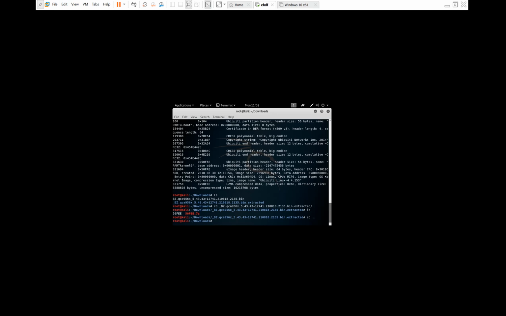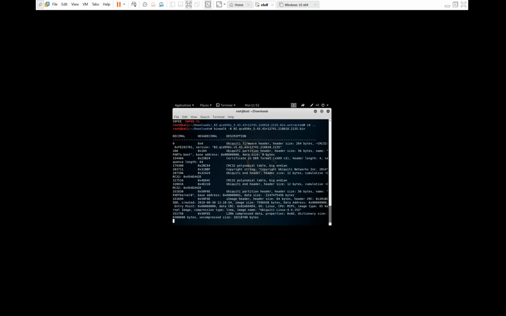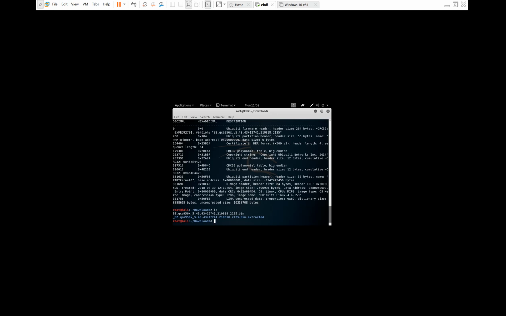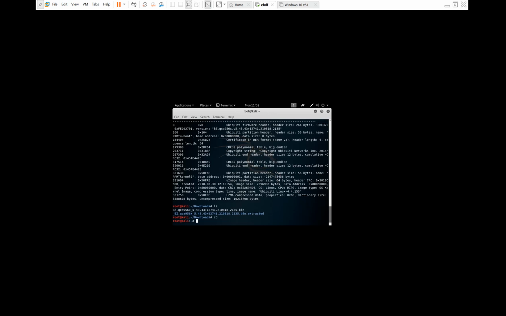I can also extract signatures or scan for signatures from this Unify firmware. So I'll use the Binwalk command again: Binwalk -p and the file name. So as you can see here, the signatures from this file have been extracted into a folder. Let's check. Yeah, it's here. So let me go back to